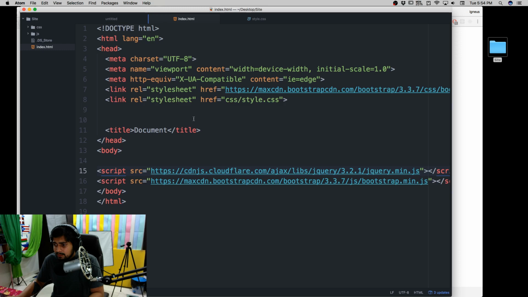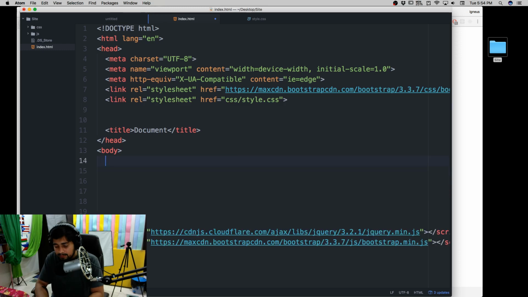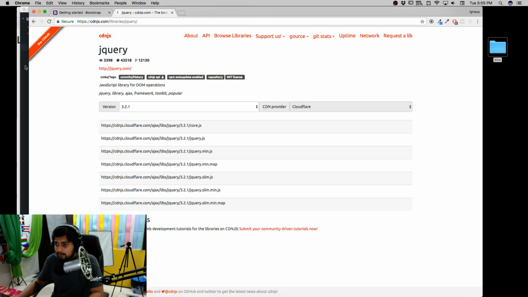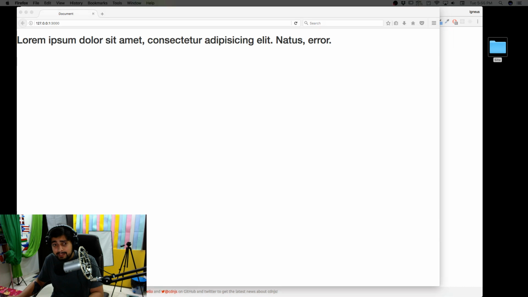Let's go into the body. Let's just add it there, and now what I want in here is an h1 tag, and inside the h1 I would like to have some lorem ipsum text. Okay, save that and see how that looks. You might already be noticing that some of the stylings are being applied there. The text is not the default text. It has got some font abilities and everything. So that is approach number 1.